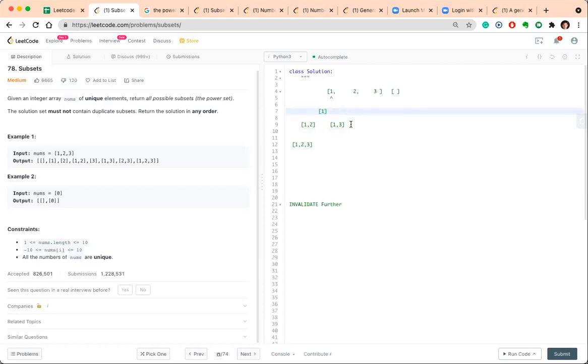So maybe let me start from the beginning. From the start, we added 1. Then on the same path we can add the second element, and on the same path we can add the third element. Now we have already reached the end. Now we will come back to this place, and here the other element we can add is 3. So another path from this place could be 1, 3. Since we are already at the last element, we have nowhere to go. We can come back to this place. Here we have chosen 1, so now we can try to choose 2.